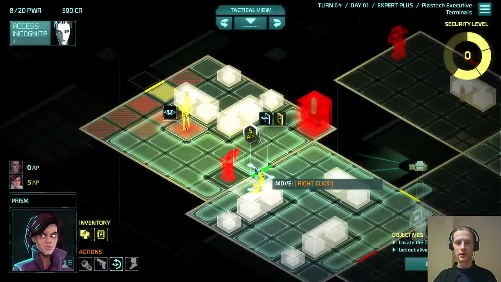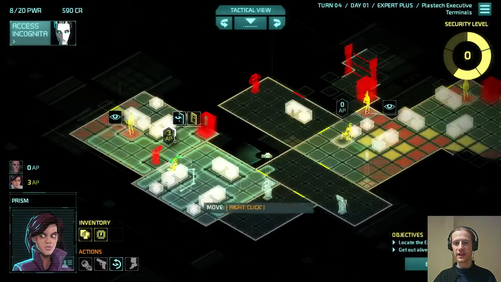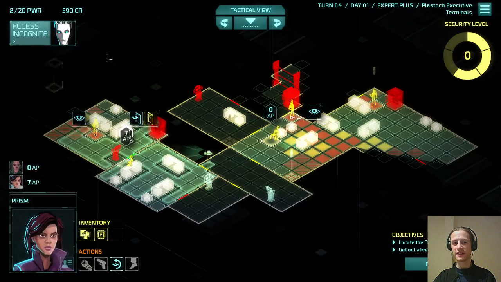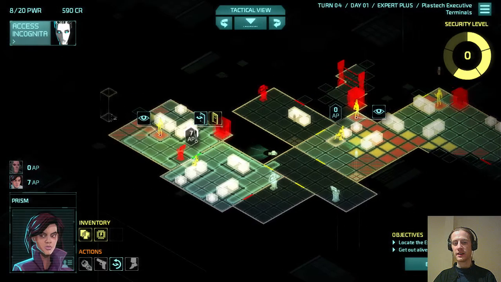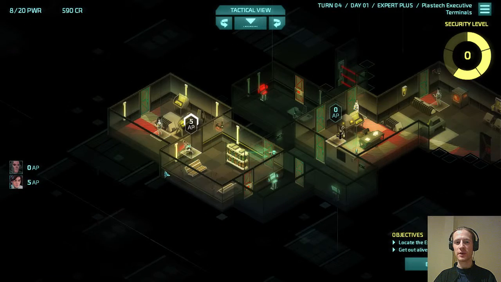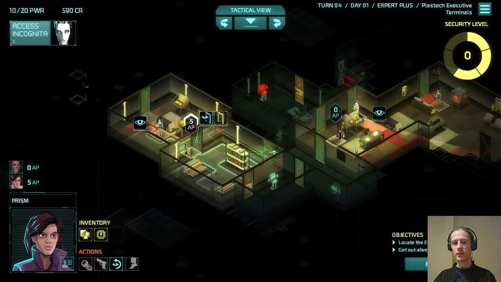This console I will take on the way past, I think. Based on the layout of this map, it's probably not the case that these will connect up. I don't think that's very likely. So either this is a dead end, and we won't be sending Sharp this way,